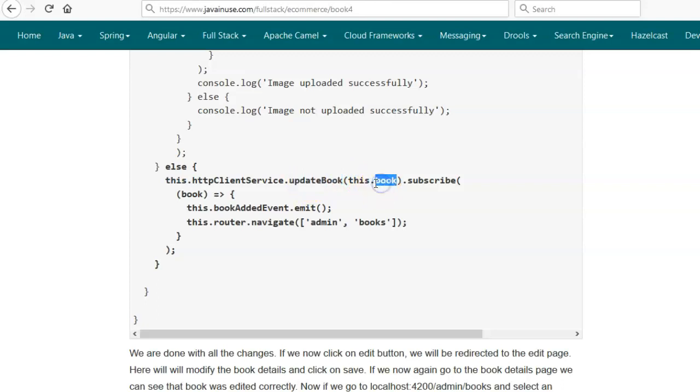Also we'll be passing the book to this update book method. If this update call is successful, then we'll be making use of the book added event emitter that we had defined in case of add book functionality, where we'll be telling the books component that some change has been made, so please load the list again. And also we'll be navigating back to /admin/books with no parameter this time.